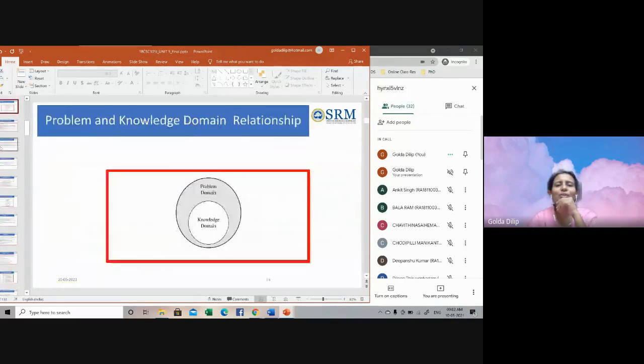In fact, we were discussing expert systems. What basically was an expert system? Does anyone remember? We started with the foundation for expert systems. What is an expert system? What is the architecture of an expert system? What are the advantages? What are the disadvantages? So these are the topics which we had discussed.